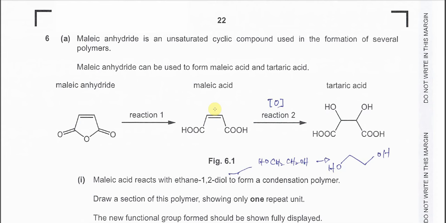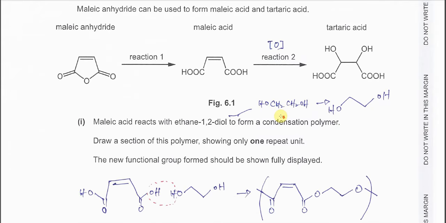Question 6a. So this question started with maleic anhydride. After reaction 1, the maleic acid is formed, so with the 2 carboxylic acids, and after that reaction 2 forms this diol. Obviously it is an oxidation. Part 1. Maleic acid, this acid,